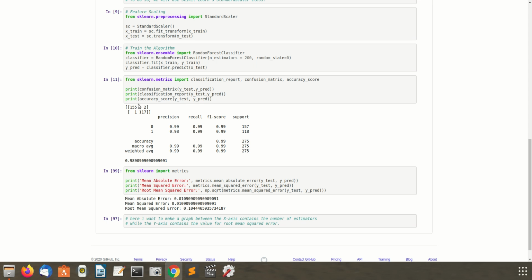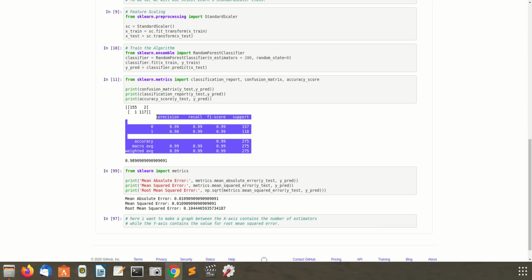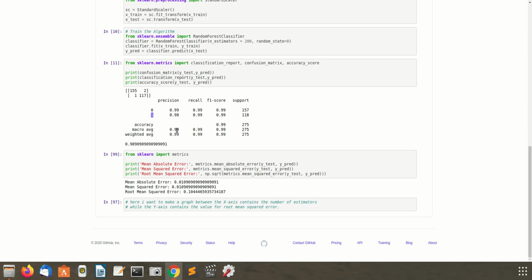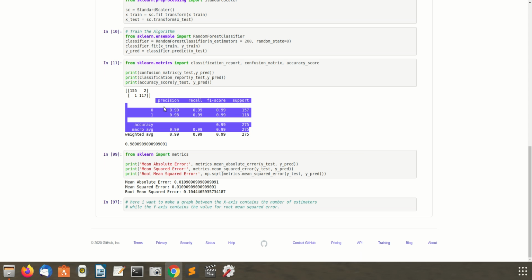According to this, our algorithm works very well. After that, this one is the classification report. 0.99 means 99% precision, and for the value 1 this is 98% precision, and the same for recall and support. These are all the classes that come in the classification report.